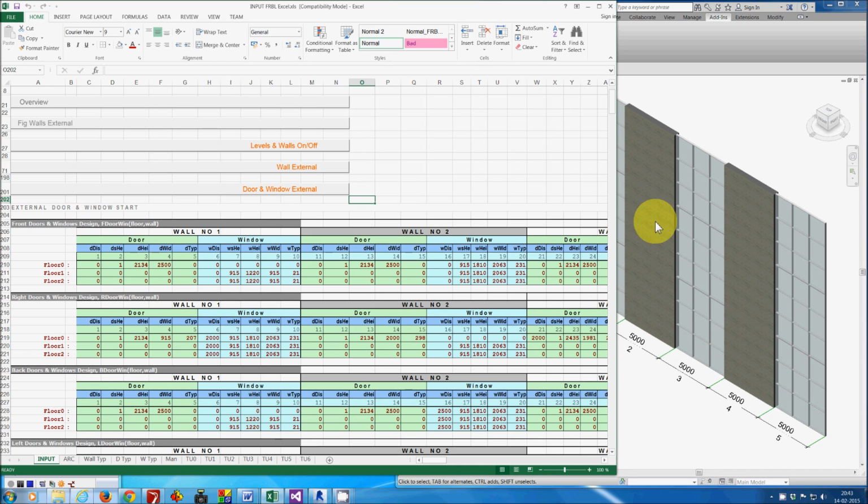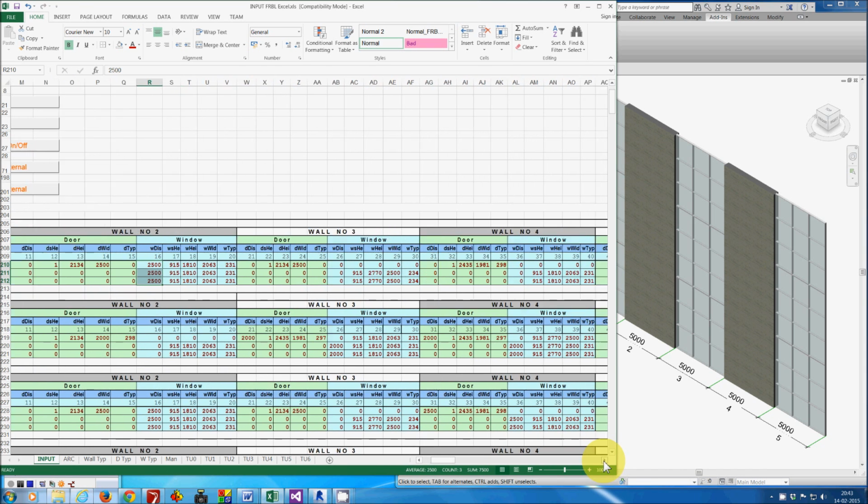So in wall number 2, I will have 3 windows here. In the window column, when it stands at 0, that means nothing. You have no windows, and ICDAS will not read the values after. But now I say I have windows at 2.5 meters from the start of the wall,